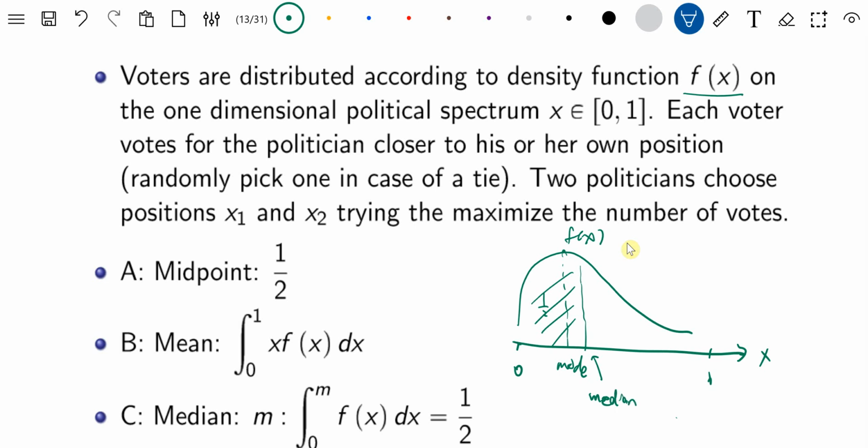If you look at this distribution, it's asymmetric, so half may be somewhere here. And you also have the mean. Mean is just the average, so the fraction multiplied by the number and summed up. So say the mean could be here. And the question here is we have two politicians and they want to pick a position that maximizes the number